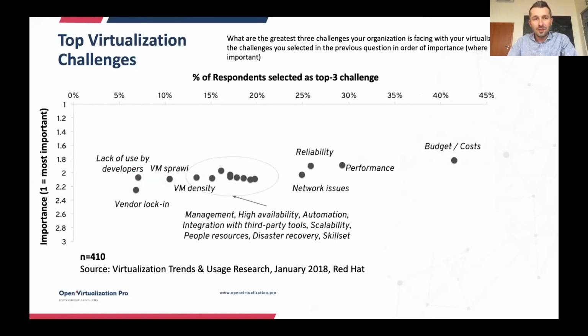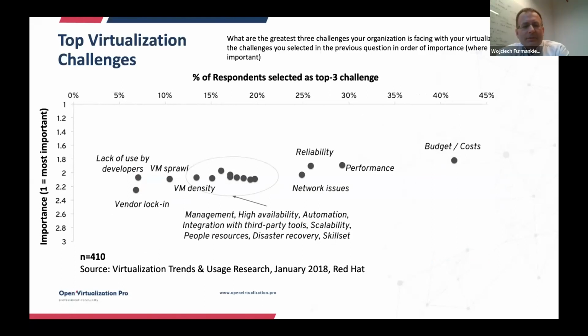So our goal today is to share with you how we see that the modern data center is changing, and what challenges administrators and companies are struggling with today. And Wojciech, could you explain a little bit why it's so dense in the middle? What's going on on the slide?